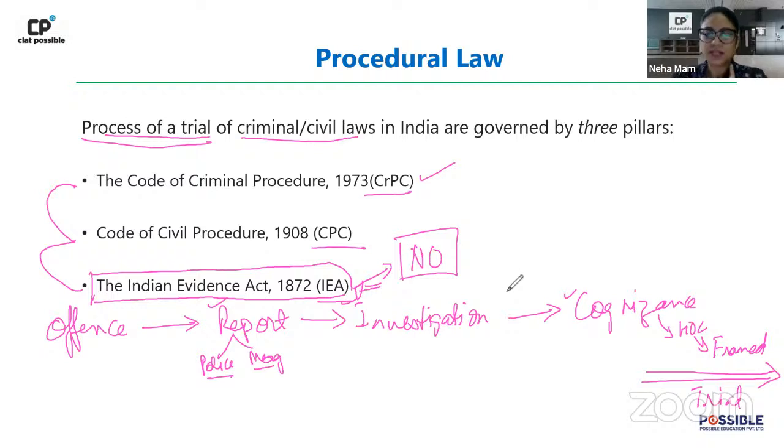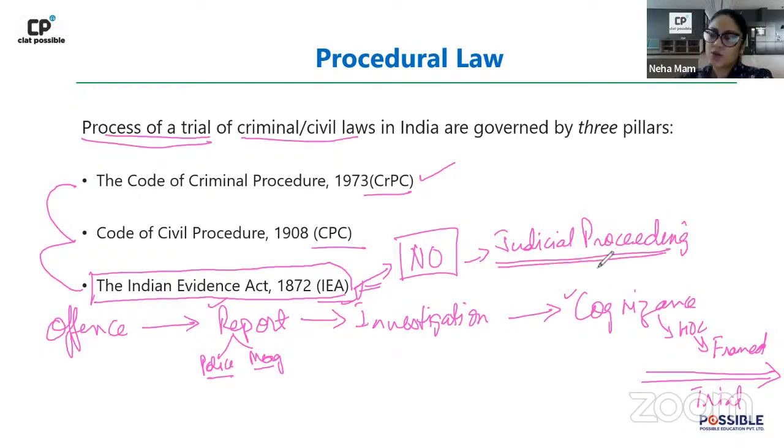Important चीज आपको इंडियन एविडेंस एक्ट के बारे में हमेशा समझनी है, that the Indian Evidence Act tells you that during judicial proceeding, कि भाई जब आपकी जुडिशियल प्रोसीडिंग चल रही है उस समय what can be brought as evidence and what cannot be brought as evidence, because evidence basically क्या होता है? Proof, right? You are trying to prove something. So when you are talking about evidence, this is something which comes into play when you're talking about a judicial